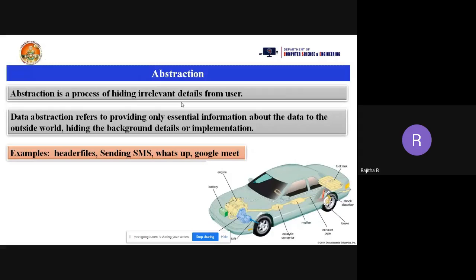But what does math.h consist of? What is the implementation? What are the steps of math.h? We don't know. Is there any need to know the statements of the math.h header file here? No. We already have the steps in the math.h header file, and we are simply using it. Math.h is a built-in function header file. We are dragging that into the programming part and just using it. So we are hiding the implementation of math.h, but we are using the part of math.h. Like that, we are using abstraction here.